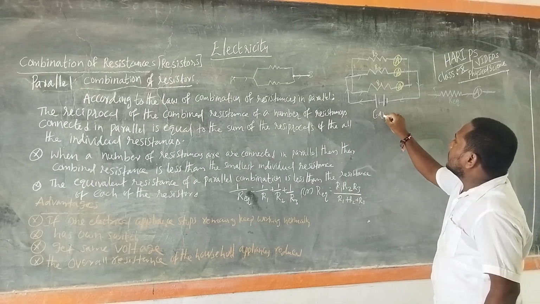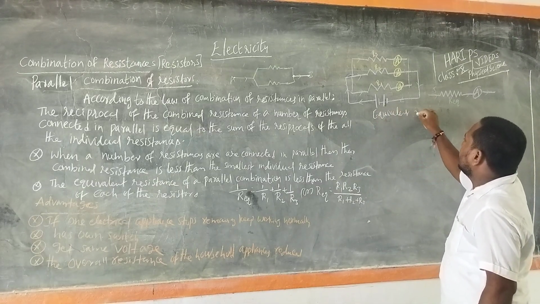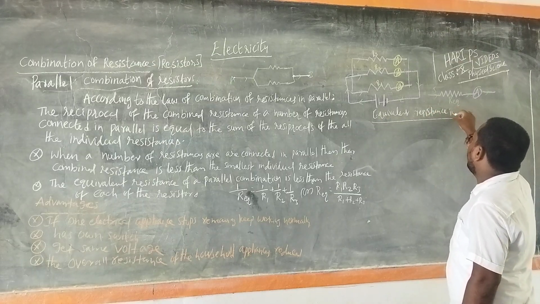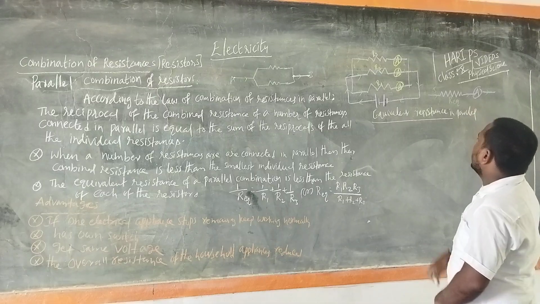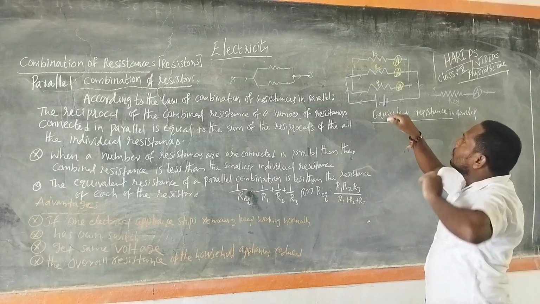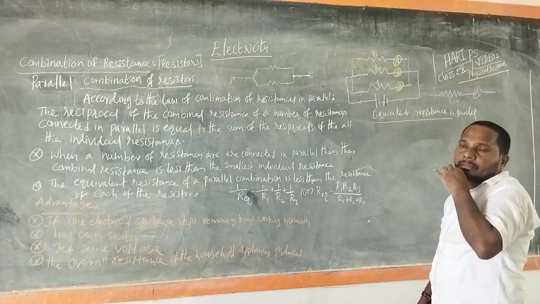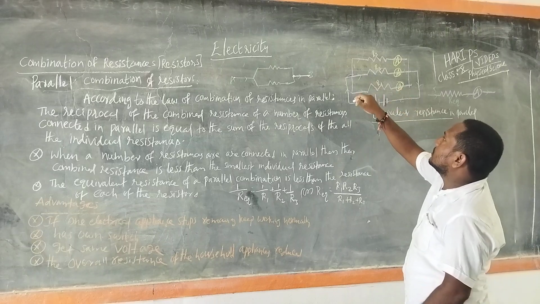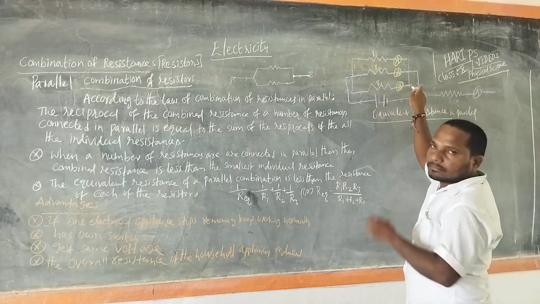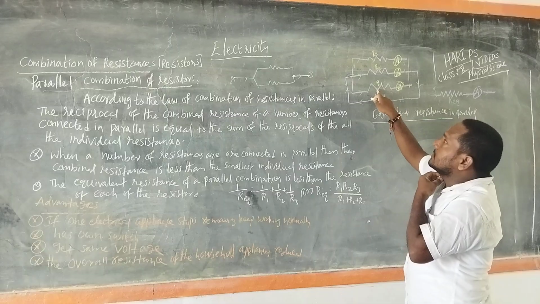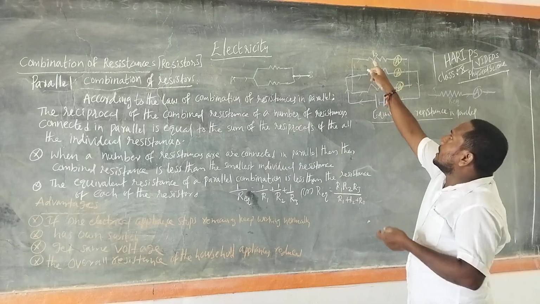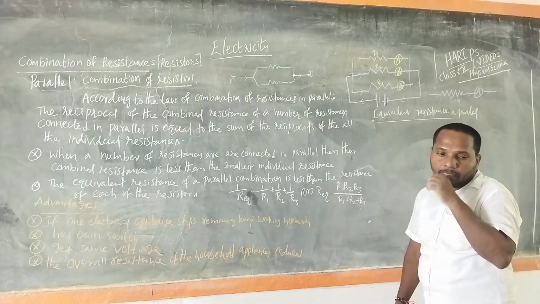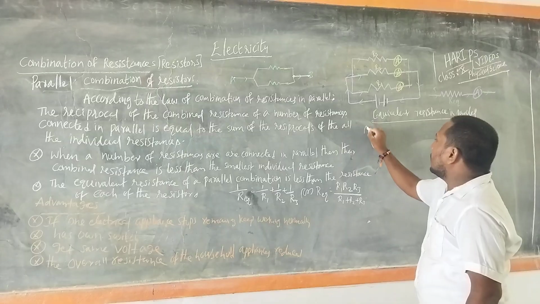Equivalent resistance in parallel. This is the circuit diagram. R1, R2, R3 are the three resistors connected in parallel, so each one is in parallel. Observe that the ends of the resistors are not connected directly to each other. So they look like parallels. Now, according to Ohm's law,